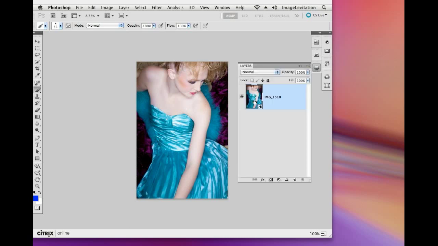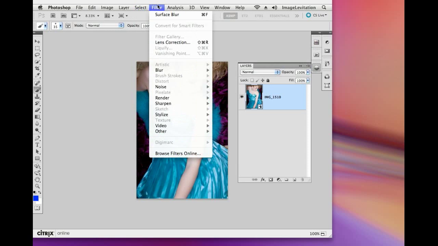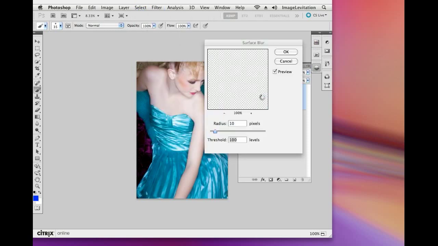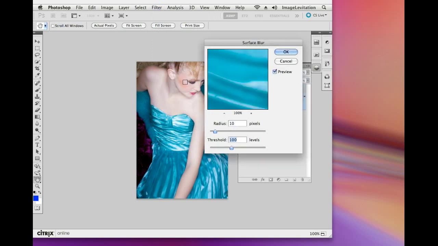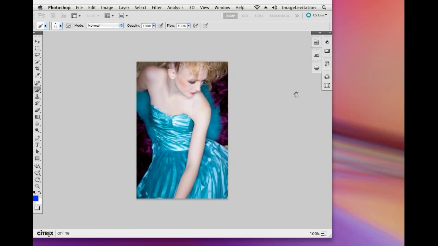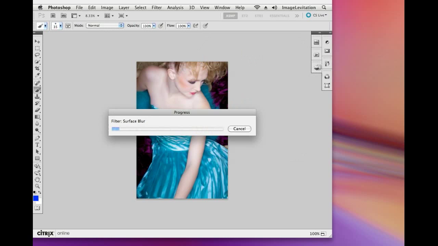So once again, now we do have a smart object, filter, blur, and surface blur. This can be done on the smart object. So I'm going to go ahead and take this to 2200. And because we're using a smart filter here, we'll go ahead and click on the layer mask, which would be the smart object or smart filter mask actually. I don't know the official name of that, but